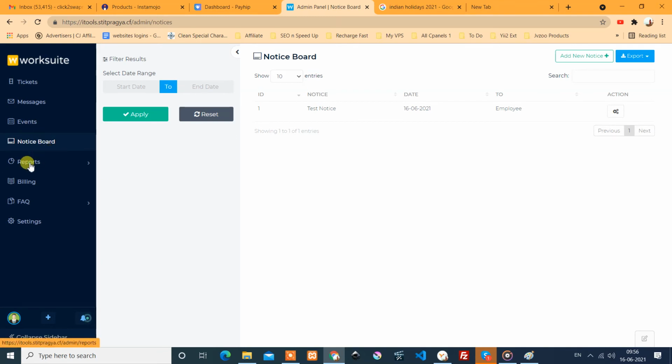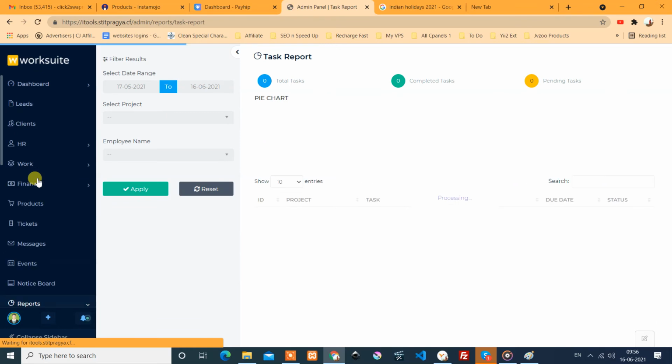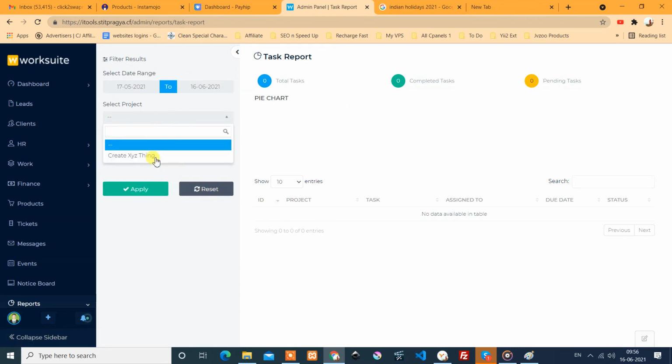And finally we have the reports: task reports, time log reports, finance reports. These are the reports that depend upon the tasks and other things we have added. So I select this project XYZ and apply.